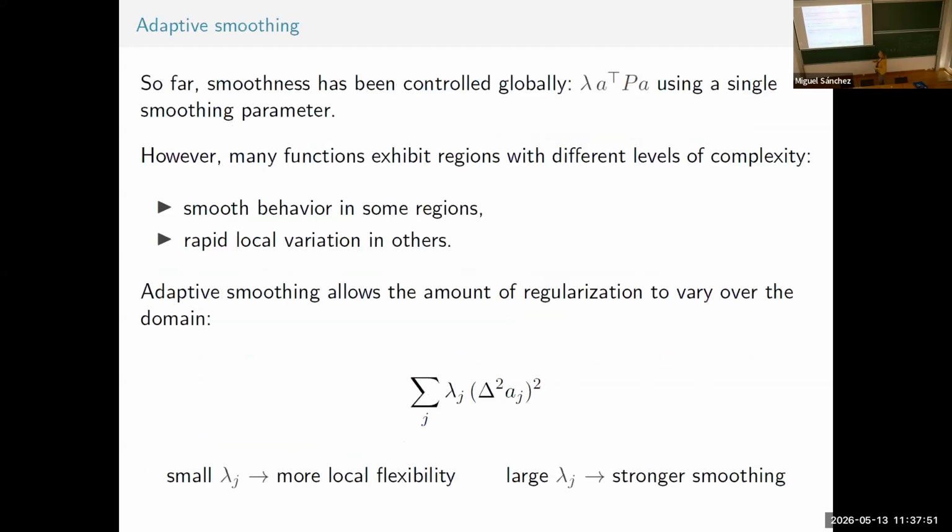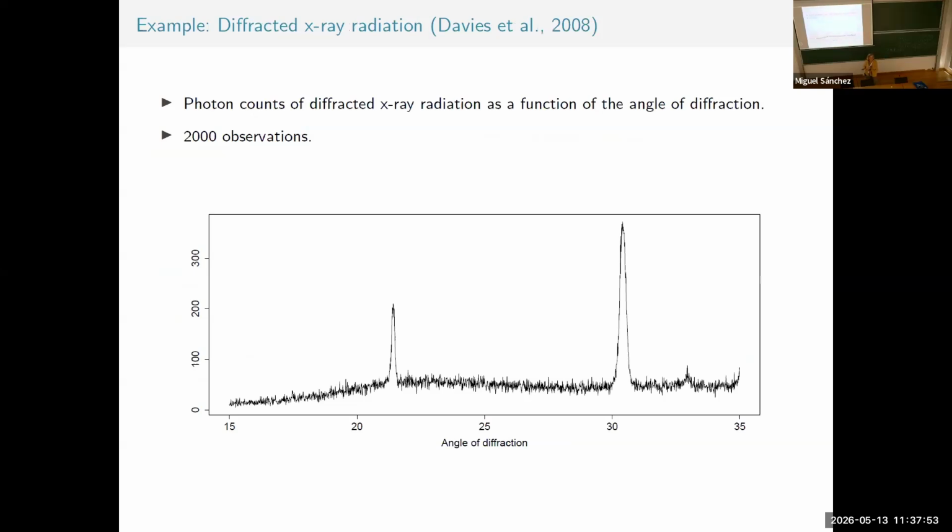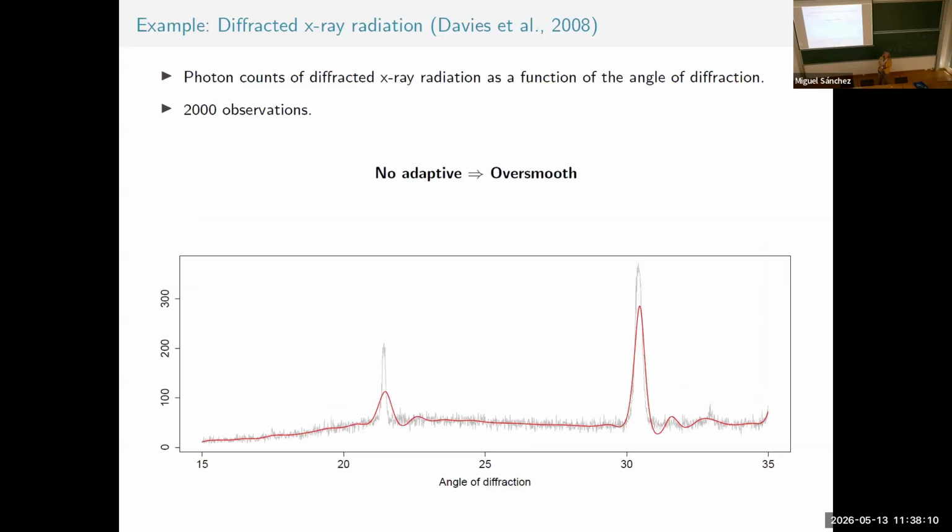And I want to show you one thing, just to finish. What happens when I have data like this? This is a pain because it's not uniformly smooth everywhere. If lambda is very large, you oversmooth. If lambda is very small, you undersmooth, and you get these ripples here that are not true.